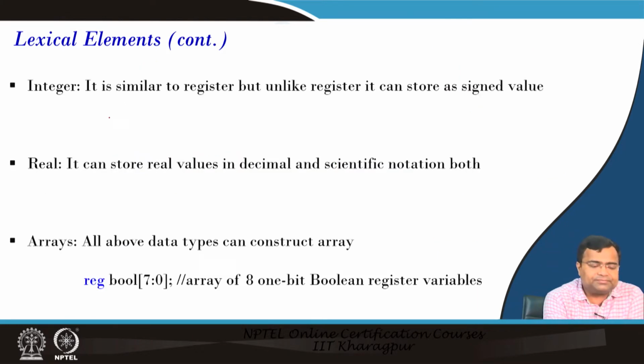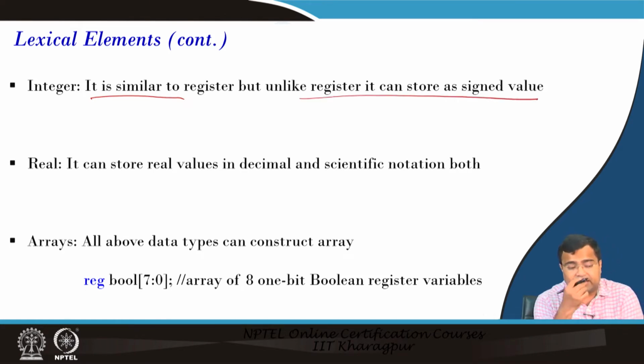Now, integer. Integer can be similar to register, but unlike register, it can be a signed value. Then real number. We can also take a fractional value, also real number. We can also talk about array, but we do not want to initially make the thing very complex, because we will be mostly dealing with scalar